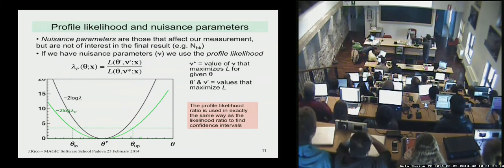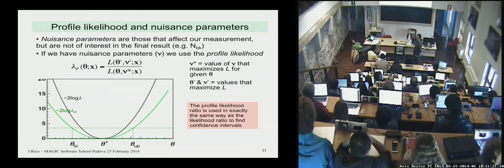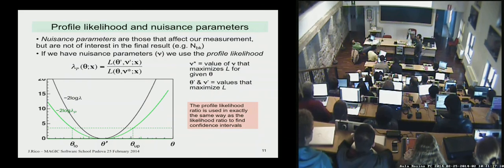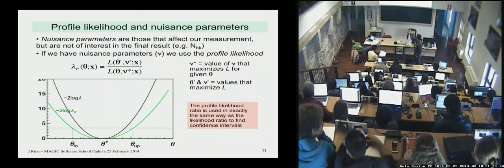So these two parabolas could be shifted. But in any case, for the profile likelihood in the minimum, both the observable and the nuisance parameters are exactly the same. But when you try to move away from the minimum, then